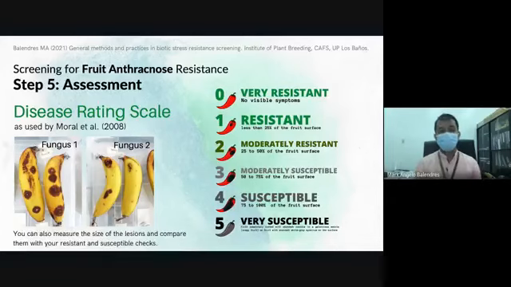So there is this specificity of different inoculum that someone would use. So you need to know which one is more aggressive as well when you conduct a resistance screening, because if your pathogen is not aggressive, then you might not get any infection, and